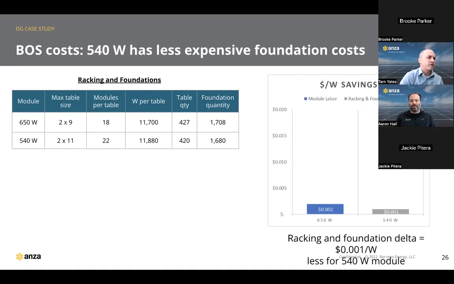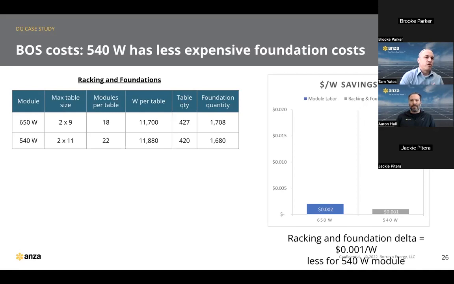So similar to trackers, but without having to worry about a whole number of strings, the goal is to maximize the number of watts that you can fit per table, in order to minimize the cost of the racking. You're trying to get as many watts as possible per